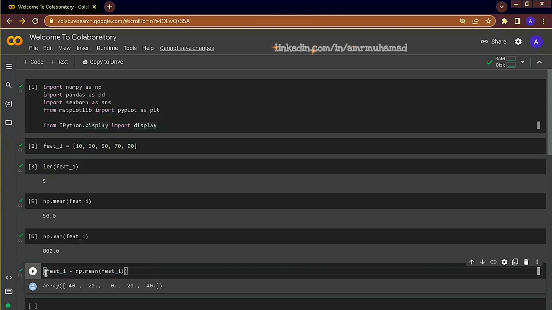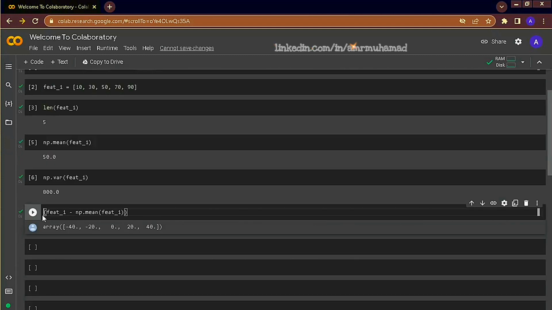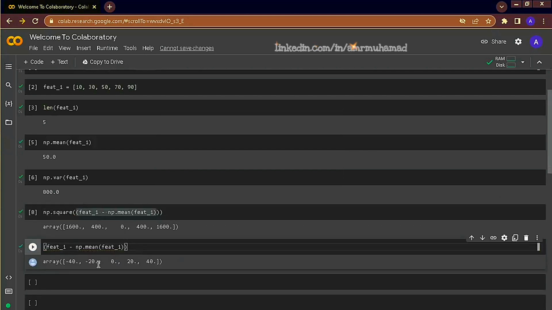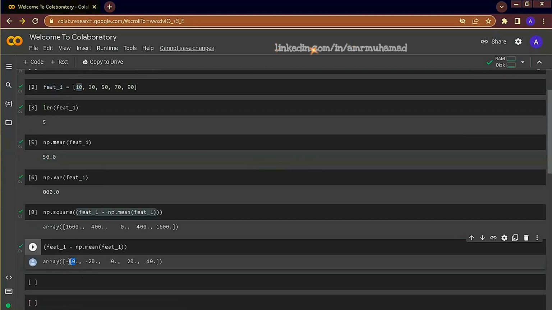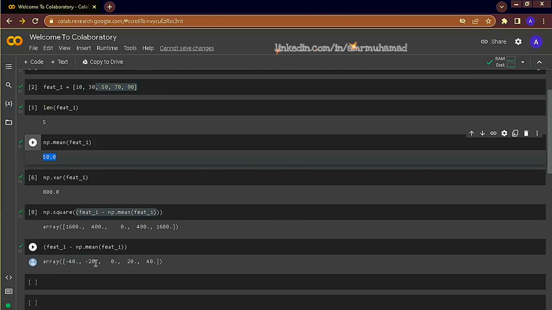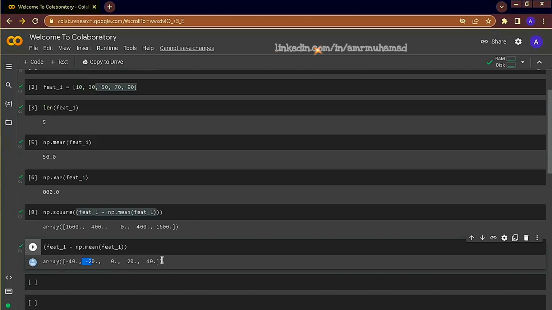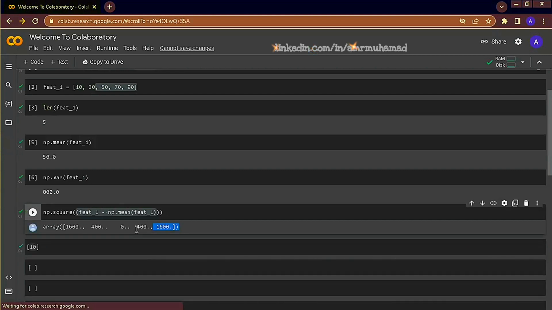First, this is the deviation of a specific value from its mean, and let's square it. We can see this, for example, 10 minus 50, where 50 is the expected value of the items in the list, is negative 40, 30 minus 50 is negative 20, and so on. And if we added these numbers together, the negative ones will cancel the positive ones. To avoid this, we use the squaring. Now we sum it and divide by the number of values inside this list.